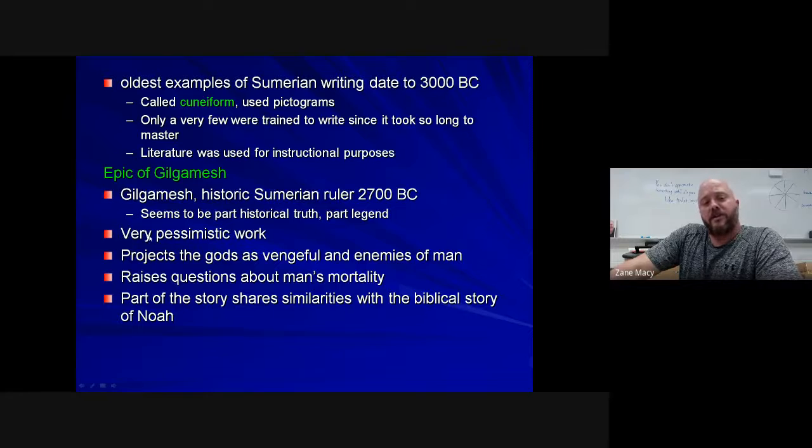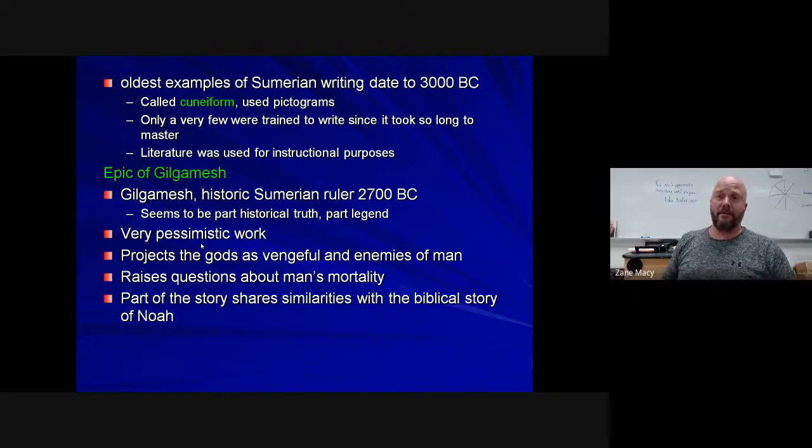In the end, the Epic of Gilgamesh is a very pessimistic work, again, because the Mesopotamian, the Sumerian people feared death. And after Gilgamesh watches Enkidu die, he decides that he is going to find a way to become immortal, and he carries out the rest of his days trying to find a way. In the end, he finds out that all these legends, all these stories he heard were false. And when he finally does find this plant that is supposed to grant him immortality, he loses it. And that was the last of that plant in existence.